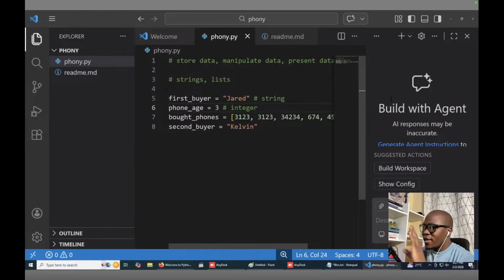So far, let's just take a break and go back and understand what we've learned. So we've said number one, when you're writing code,